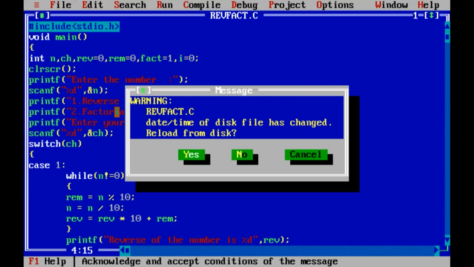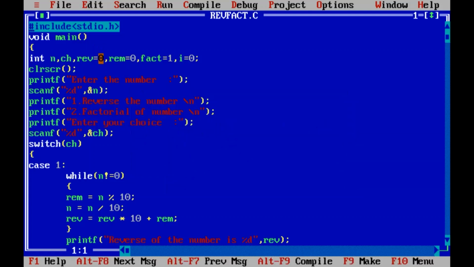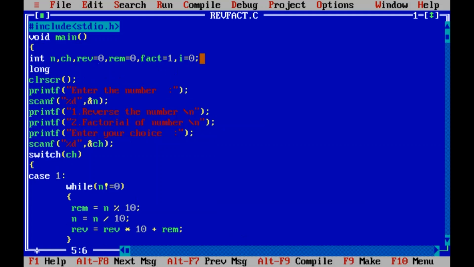Now it came right because I didn't initialize. Listen here, I didn't initialize reverse. It was having some junk value. That's why. So when we enter 2, 3, 4, you will get the reverse. And one more thing you should take care of: this fact variable, it's better you declare as long int. Integer cannot take it. Sometimes if you give a number above 6 or 8, it will show an error. So better you declare fact as long int. Are you all listening?